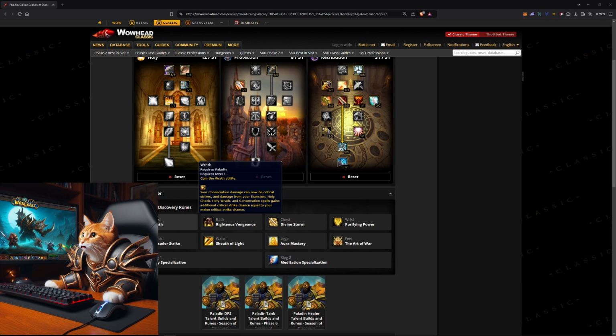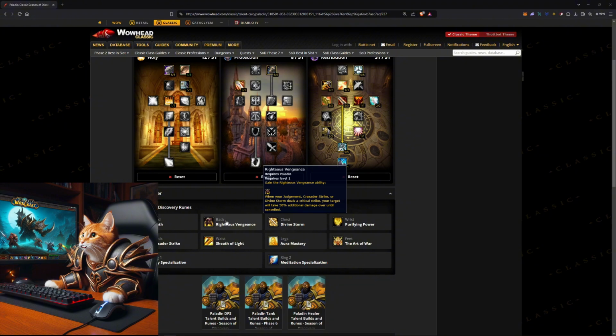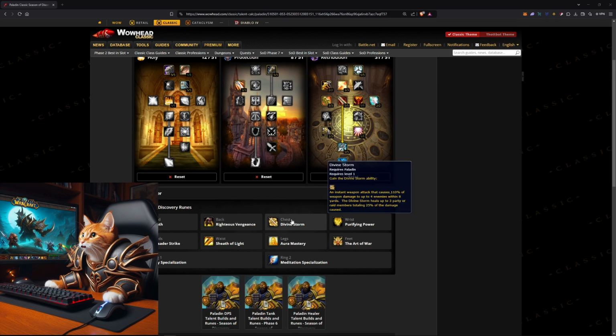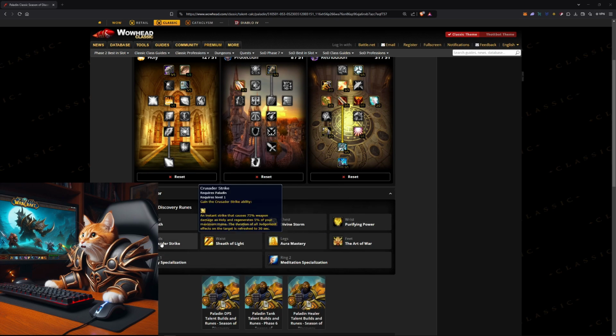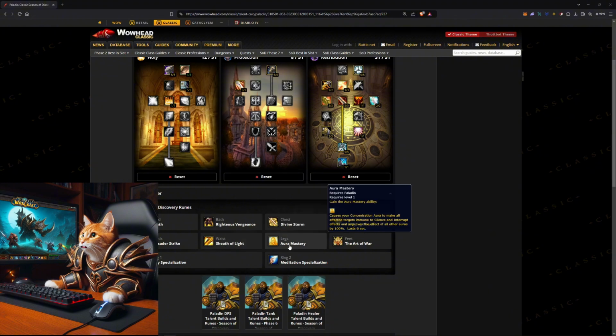For runes, we take Wrath on the head rune to increase the damage of our hard-hitting spells, Righteous Vengeance on the back to get a dot for our hard-hitting spells as well, Divine Storm on chest, this is our hardest hitting spell now with the 2 set bonus of tier 3, Purifying Power on wrist to use Exorcism and Holy Wrath, Crusader Strike on hands of course, Sheath of Light on waist, on legs we want to go Aura Mastery to increase the damage of our Sanctity Aura,